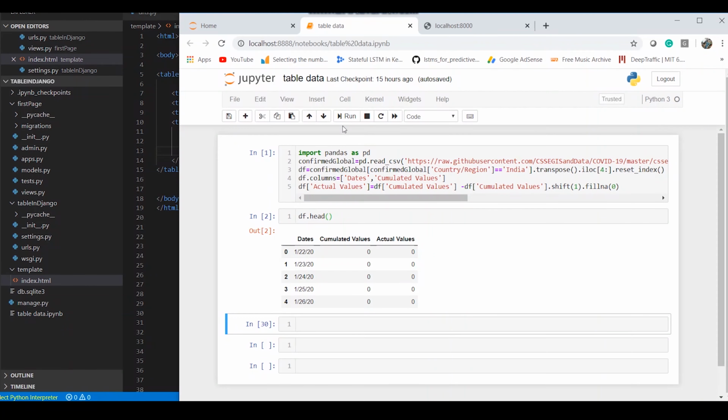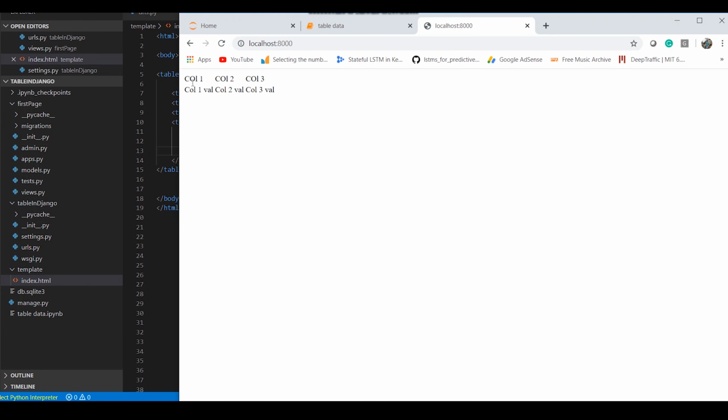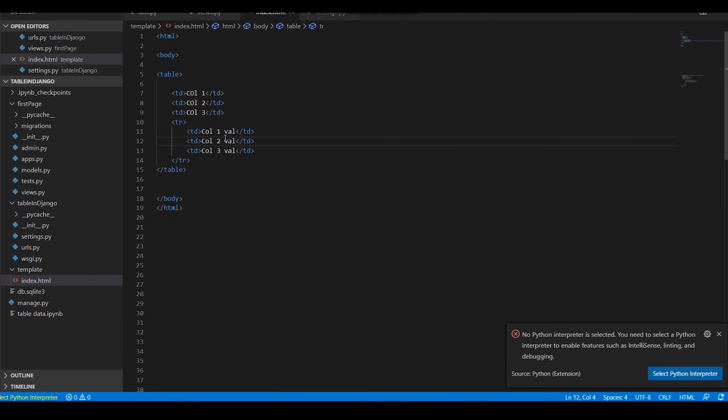Let's look at our UI. As you can see, my column names are also defined using td, the data cell, and then once I define tr, it gives the information that this all will be in a single row and all the values will be accordingly arranged. So that's how a table works.